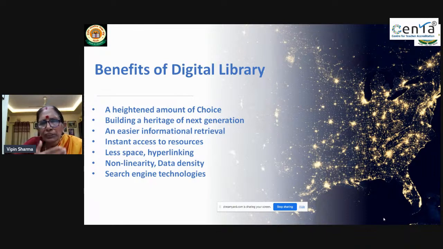I never undermine the physical books. Definitely open the book, enjoy. Why, my God, very fine. But at the same time, it has limitations. Every year, like in ours, we do stock verification. All the old books are discarded and we replace them with new ones. When it is digital, it's in the cloud. It's always available. So slowly, slowly, we all should look into that and try to have digital libraries in school,